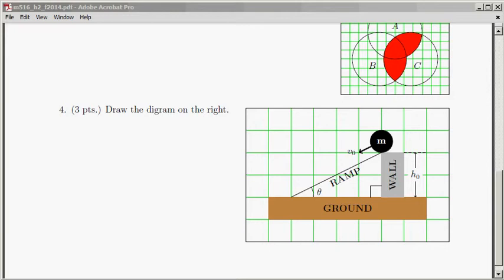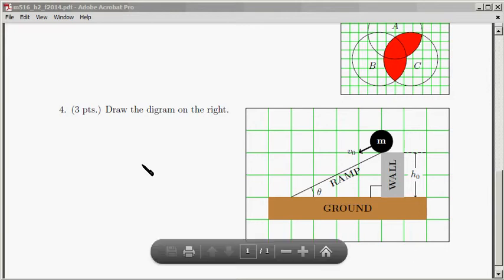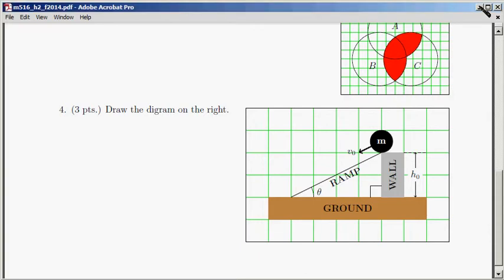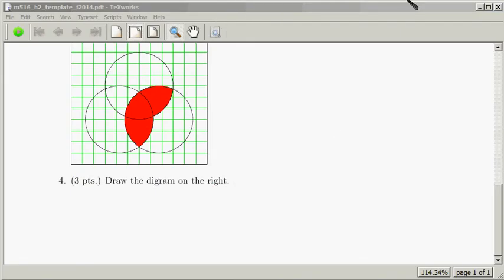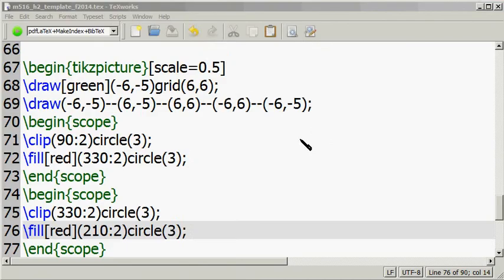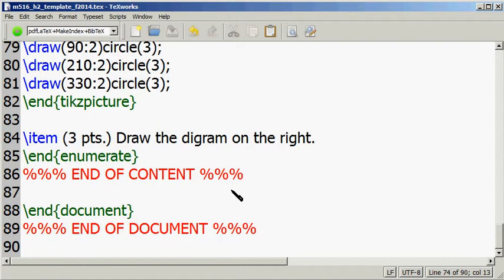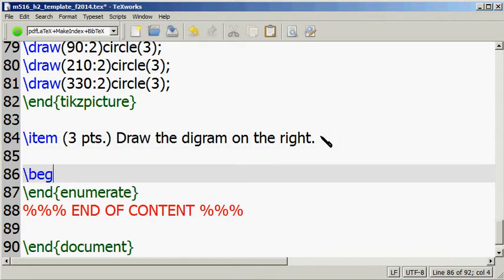All right, let's look at homework number 2, problem number 4. So let's draw this diagram using LaTeX. First we have to draw this grid. This is 9 by 6, so let's do that. Just like the previous problems, we need to create the begin